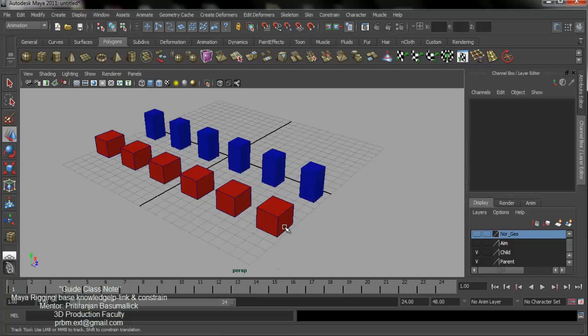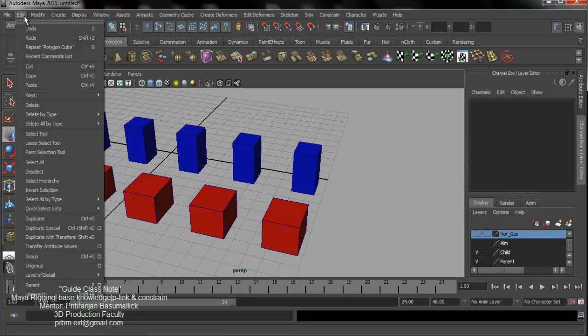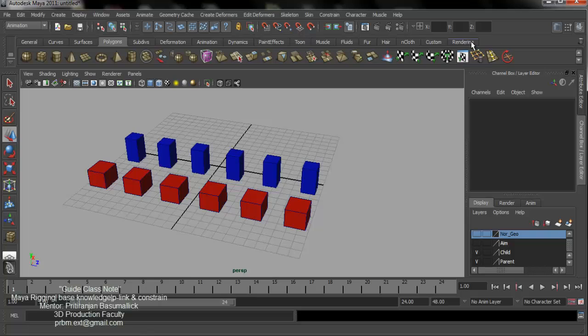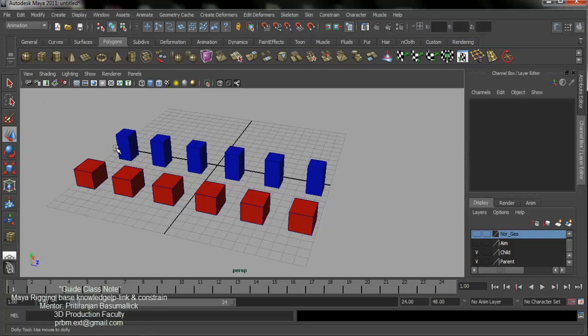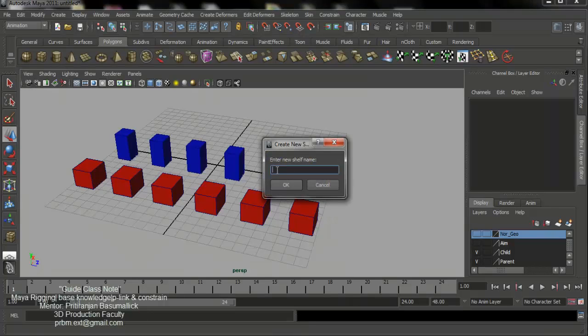First we will see how to create the P link, that means parenting. Okay. Before that, I am creating a new shelf for my rigging purpose. To create a new shelf, you just hit here and click the new shelf option and give a shelf name.